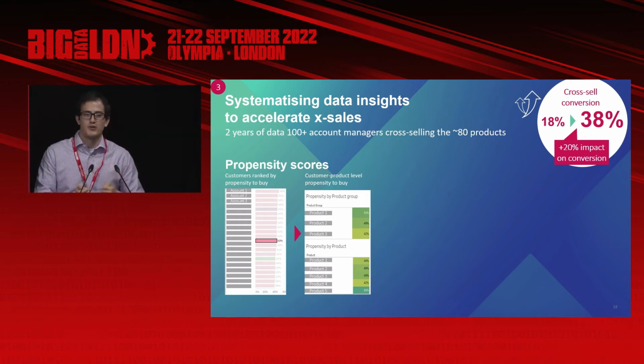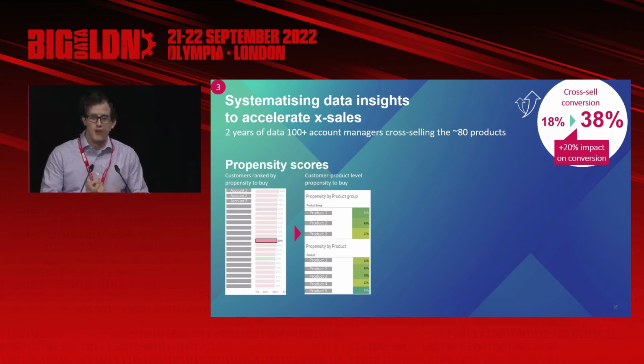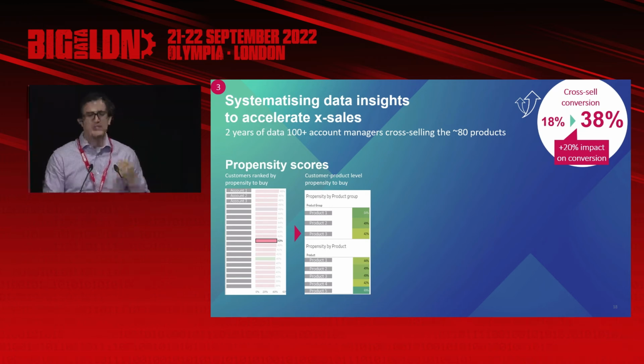Now, in that iterative process, one really interesting piece of feedback from the sales teams for me was that, honestly, they didn't really mind if the machine learning model was 1% or 2% or 5% better at predicting the cross-sales propensity score. What they wanted to know was why this model was predicting that one of their accounts was a good cross-sales opportunity and the other was not. They wanted to understand the drivers for the machine learning model. They wanted that explainability of the model.